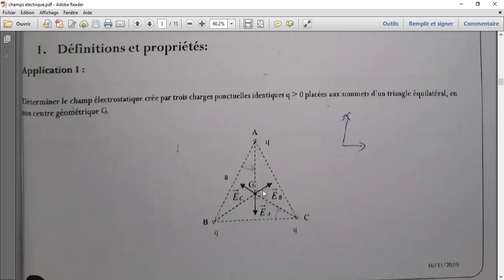I was just trying to explain to her that it won't be logical to just go direct with the AG, but all the distances are equal. The BG, the AG, the CG, they are equal. But when you are calculating, you have to be careful, because the point here is